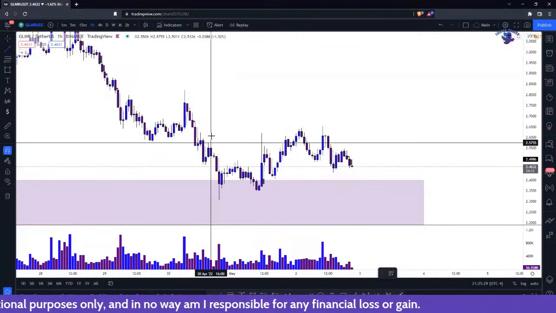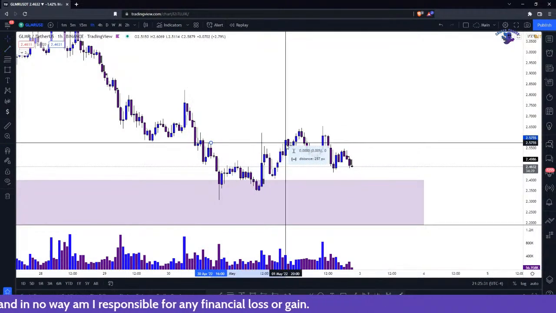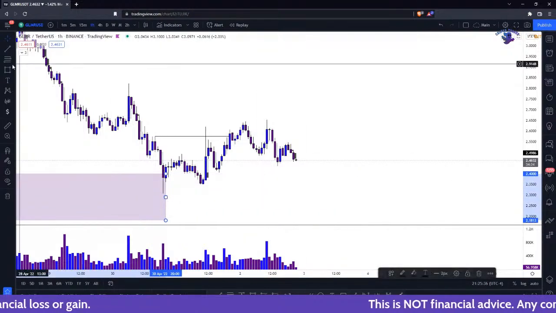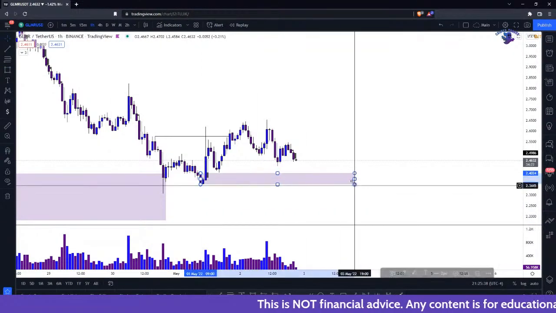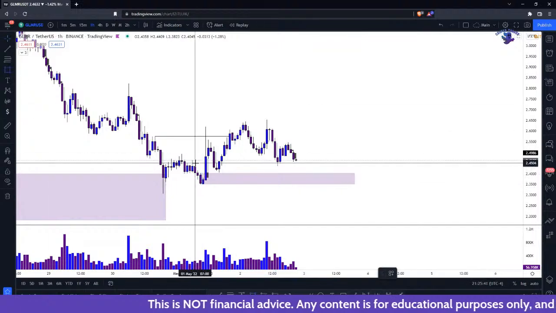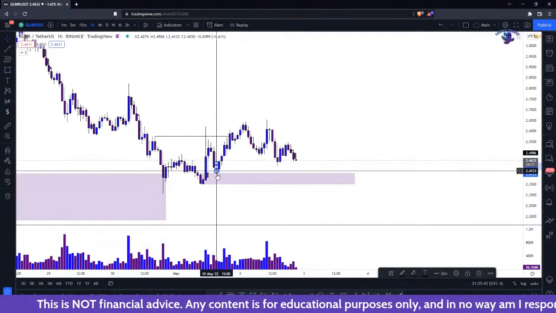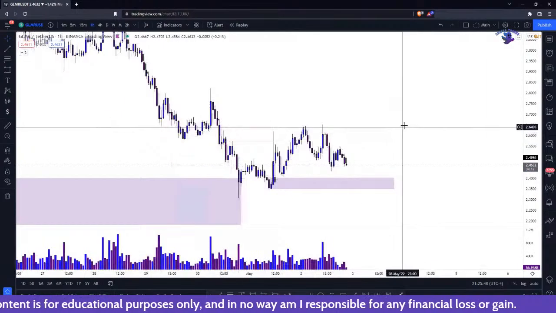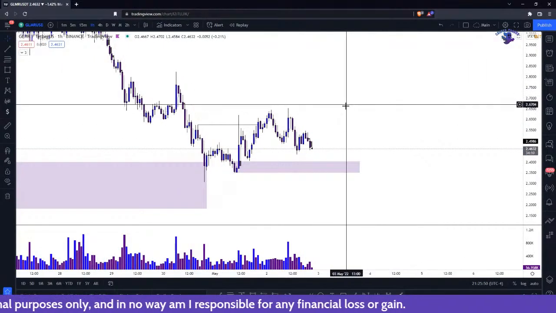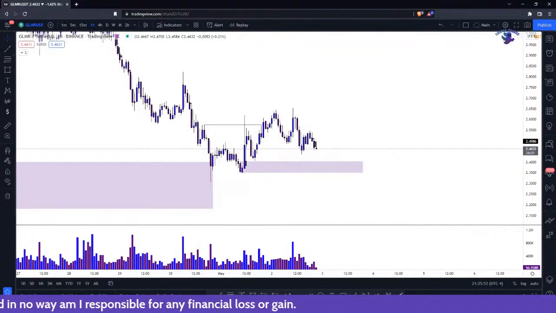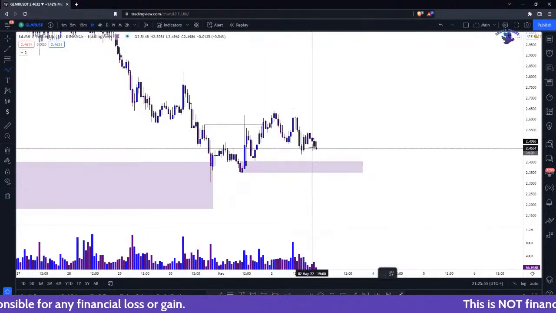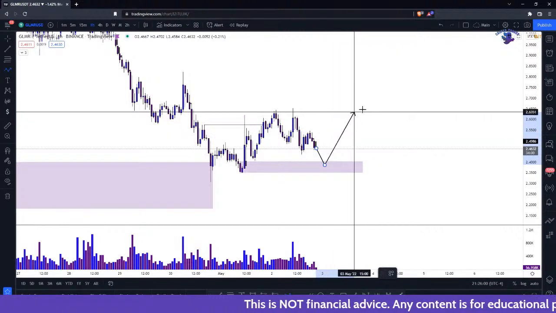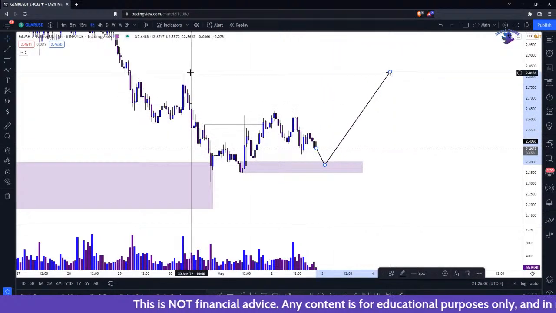So you had this change of character right here. Depends how you drew it. You could say this was, be looking for reversal around here, or say here, if you wanted. I wouldn't really trust that one as much. But you know, for the case of being a bull here, if you were looking to trade, which like I said, I wouldn't really recommend trading these lower caps. There's plenty of high liquidity coins you can trade. You'd be looking for this, and then you'd want to look for range highs.